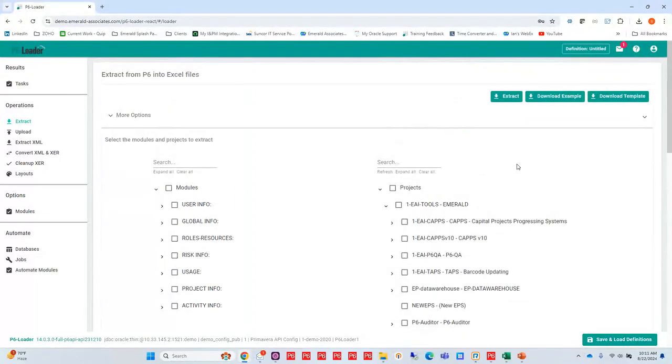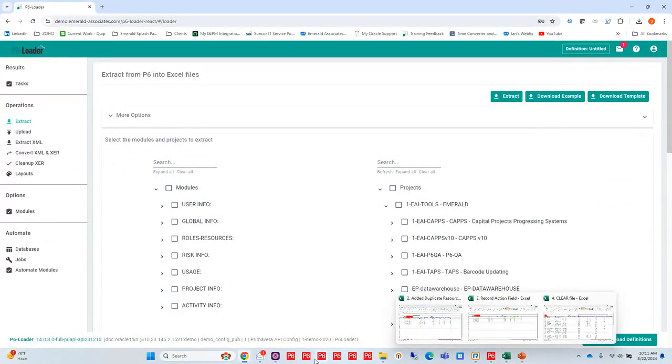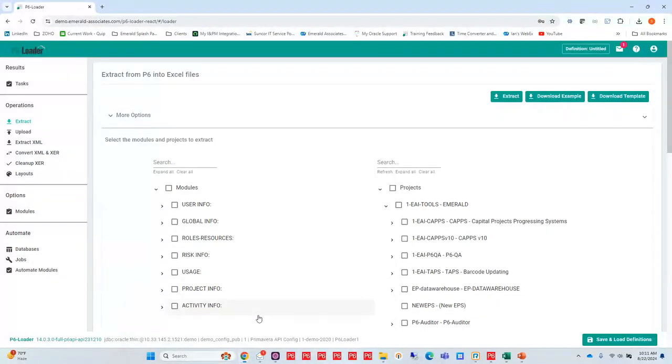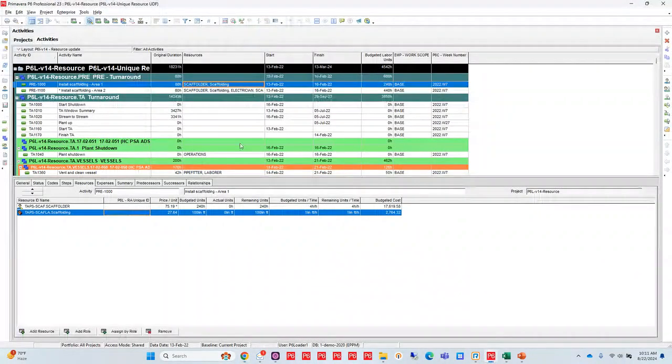So for some of the new things that we've added, we have, first of all, something that's hard to work with, and that is duplicate resources on the same activity. So what we've done is,